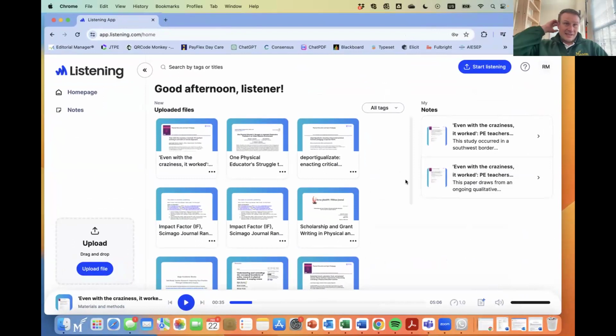But this is listening.com. I got this right when it came out. I saw it on social media and thought it was going to be really helpful for me. I did the free trial and didn't even finish the free trial before I did the paid version of it. So basically what this does is you drag and drop an article into this, and you do it on your computer. And then, I have an iPhone, so within like 2 minutes, it populates on your iPhone, and you can have a PDF that it reads.